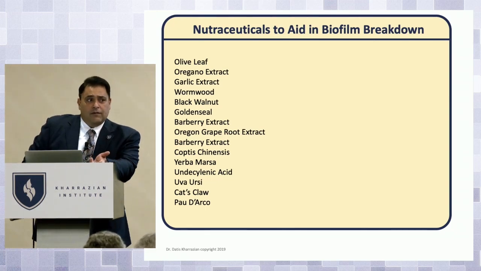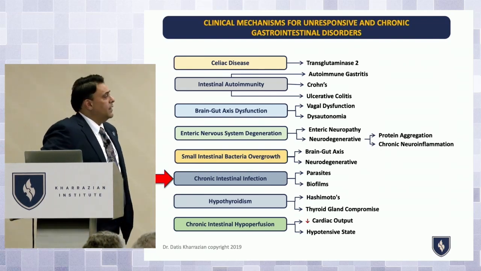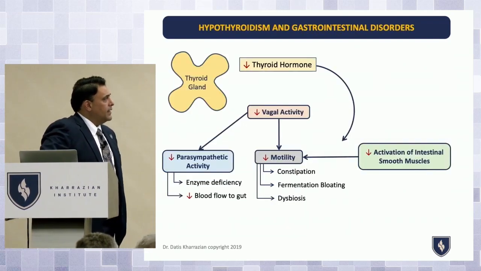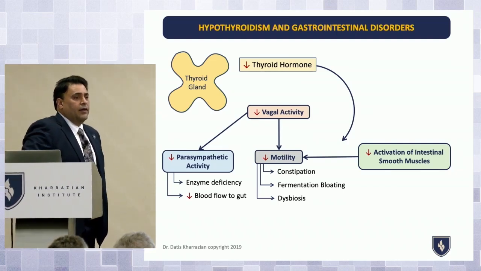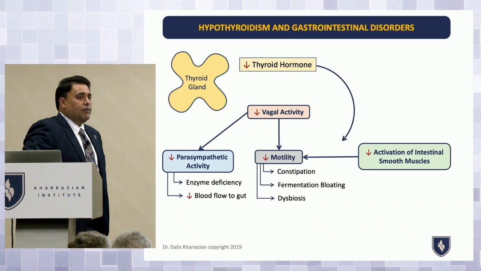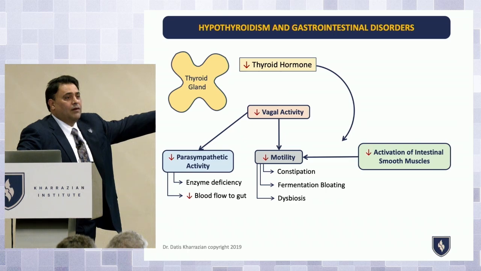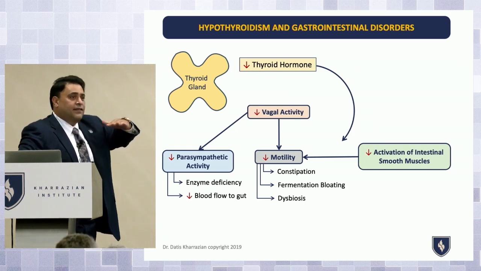That would be the best way to do it, but you definitely want to do that if they don't respond to medication. The other key thing is hypothyroidism, by the way. And with hypothyroidism, this only matters if they're actually hypothyroid, meaning if they're on replacement, these factors are not a problem anymore. So thyroid hormones directly bind to the vagus and to intestinal motor cells and smooth muscle cells of the gut. So if someone is truly hypothyroid, you can get chronic constipation, you can get presentations of SIBO,